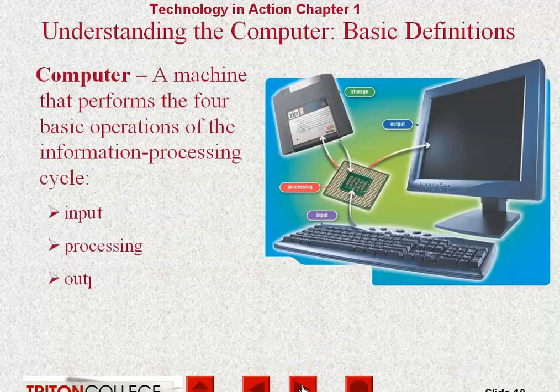When we talk about computers, when we talk about digital literacy, what I want you to leave this classroom with, not necessarily today, but certainly by the end of the semester, is understanding some basics about what computers are. A computer is any machine that performs the 4 basic operations of the information processing cycle. This is a computer. This is a laptop. This is your phone. This is a microwave. This is, more and more, any device at home or at work that has any sort of digital technology, a CPU, or microprocessor in it, is doing these things. And those 4 things are input, processing, output, and storage.